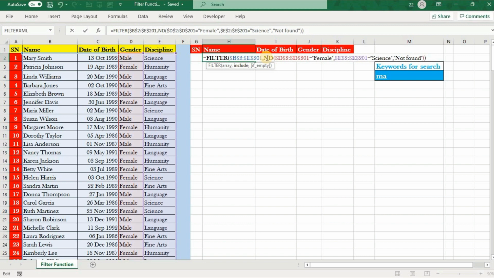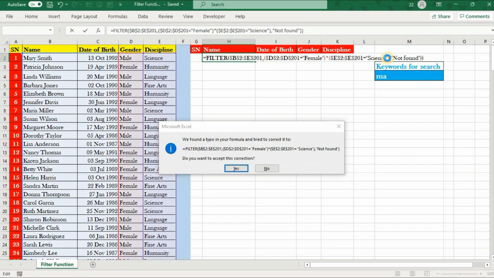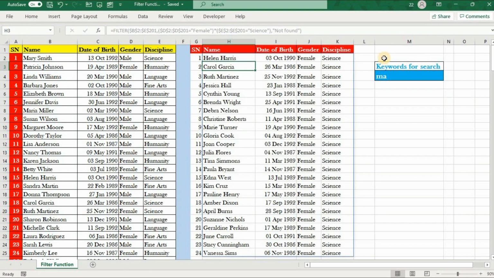So in place of this, I will be using the multiplication operator. This is the first condition, and this is the second one, right? And you can see all the data with gender female and discipline science has been filtered.